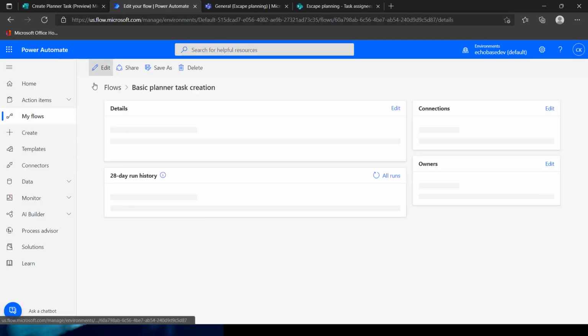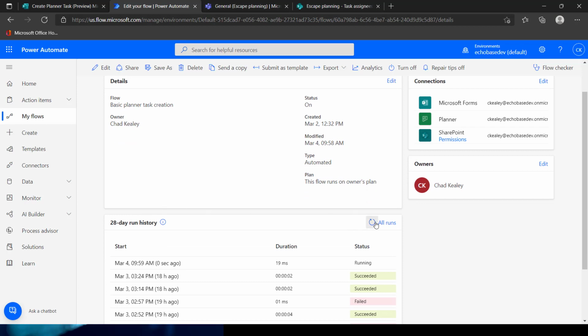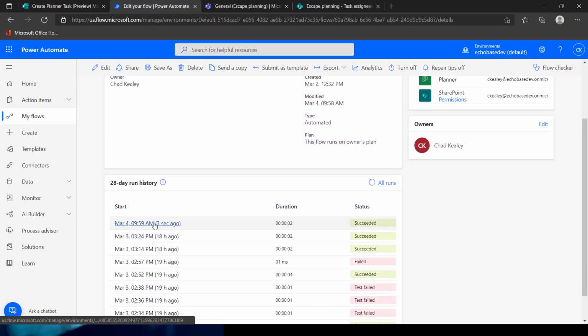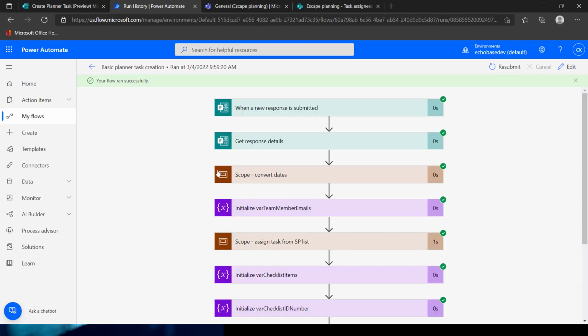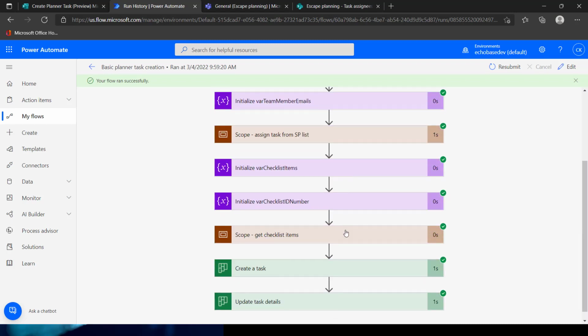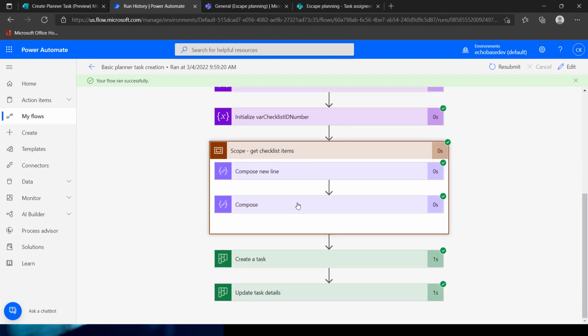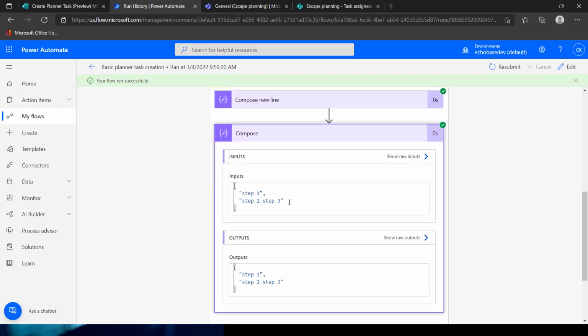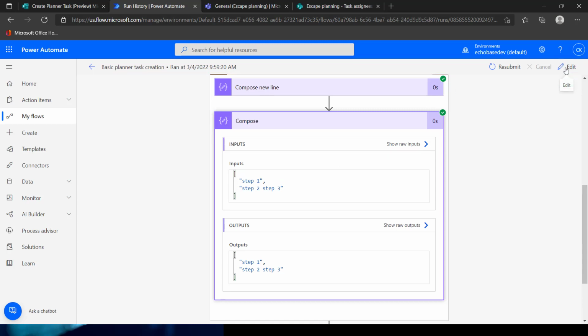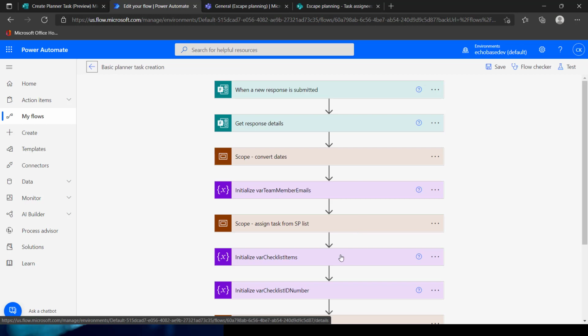We'll go over to our flow. We'll see that it's running, see that it's succeeded, and if we go in and take a look at our checklist items, we can see there's our new line, there's our compose, which I didn't name, but this is the array that's created. So we now have step 1, and then step 2 and step 3, because I didn't put a new line there, come in as a single item. So that's the importance of people following directions or choosing an appropriate delimiter. All right, so let me go back to edit mode here,